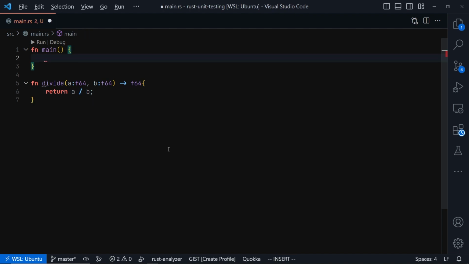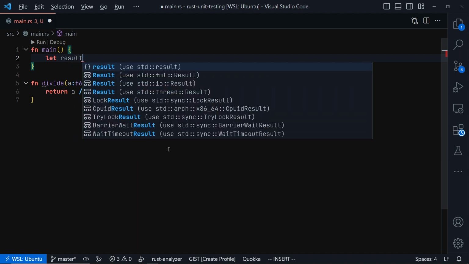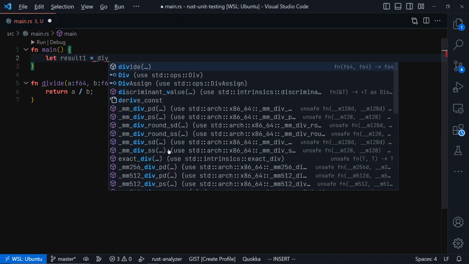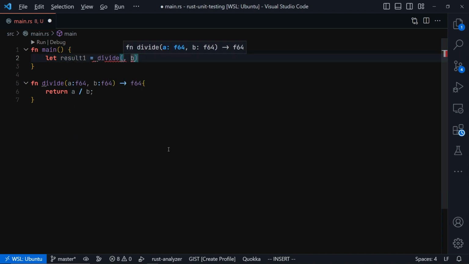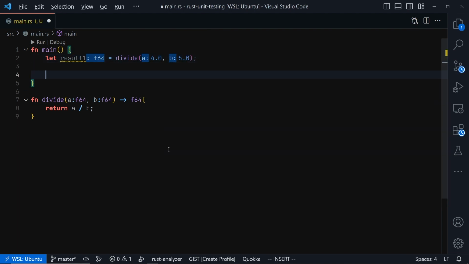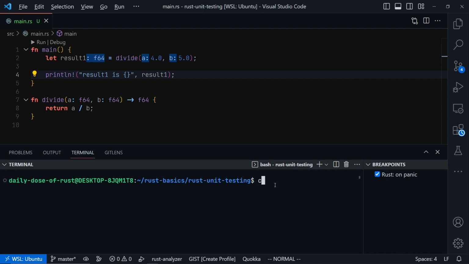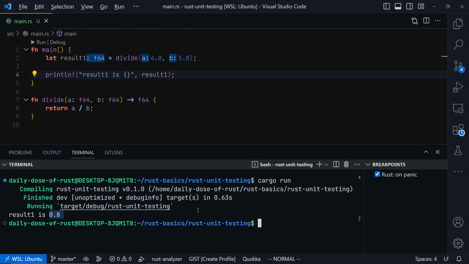Now, in order to use this, you have to come in here and then create a variable, let's say result1, then we'll call divide, and then pass the first value. Let's say we want to divide 4 by 5, then we can call that function this way. Since it's a floating point value, then we'll have to pass 4.0 and 5.0. We can now print this to the terminal. Now we can come in here and then run the code, and we'll get the answer 0.8,